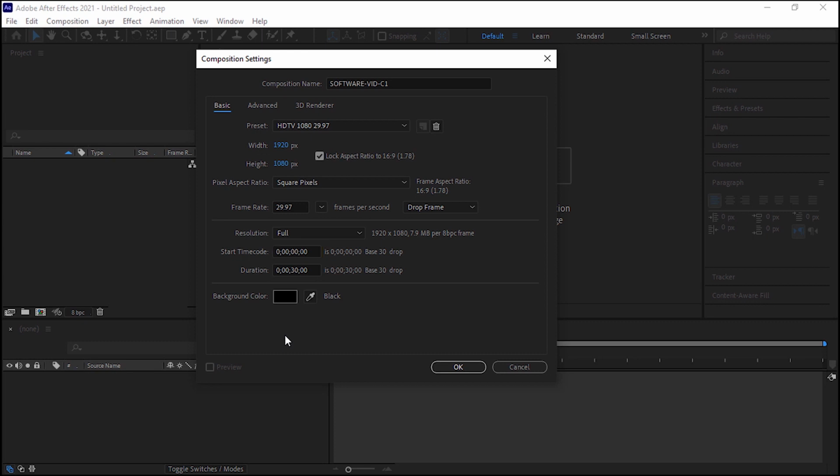Remember that each timecode consists of 4 numeric parts, which show the selected hour, minute, second and frame of the movie from left to right, respectively. Also, by default, each timecode starts at 0. The point here is that you can easily create a composition that starts at the desired time by changing the values of the start time code option. But I advise you not to change this option as much as possible.